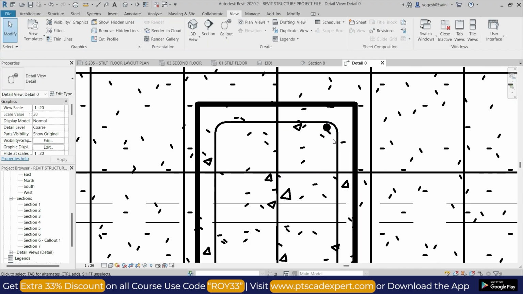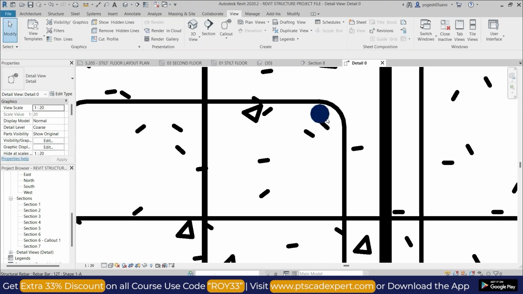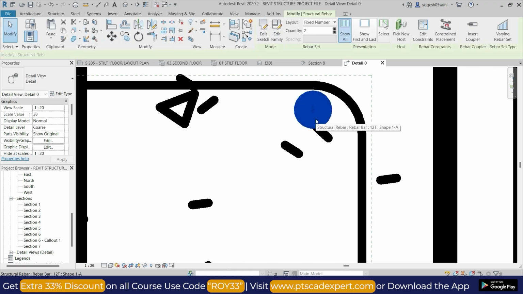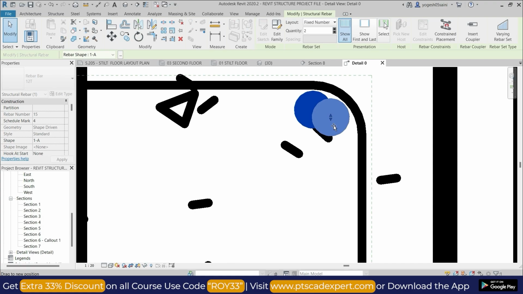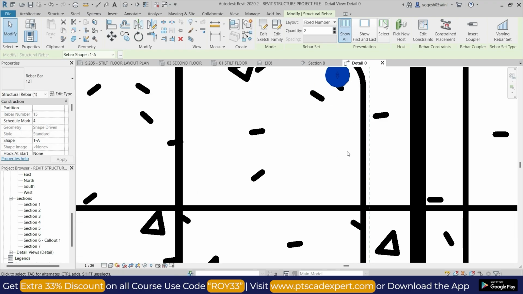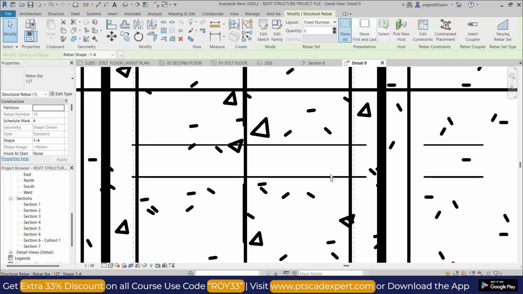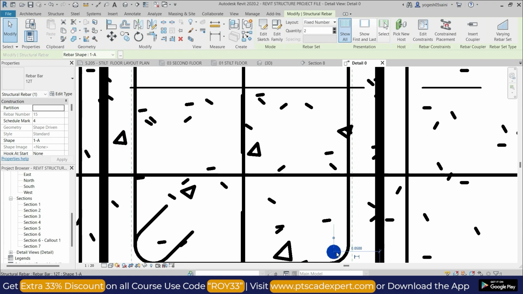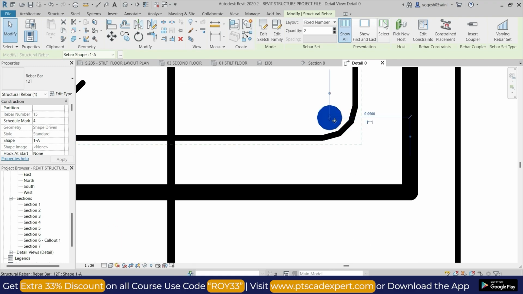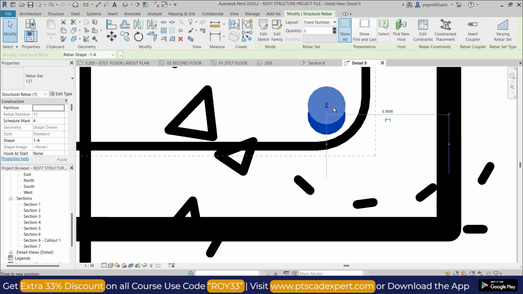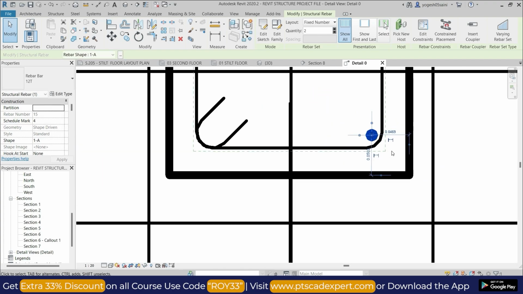Now do one thing, zoom it out, select it, and just move it. Okay,